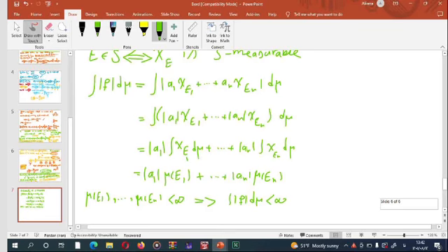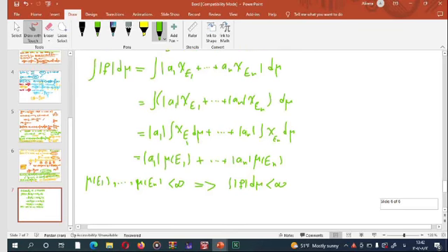And conversely, if the integral of the absolute value of f d mu is finite, then this summation must be finite, and so all of these must be finite. Mu of E1,